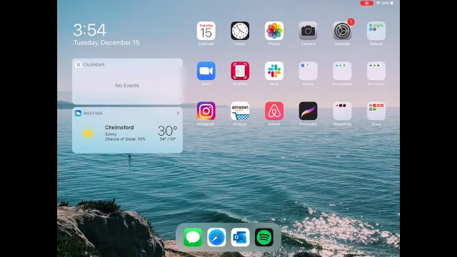Okay, so this is the main screen of my iPad. I keep all of my apps on the front screen, and as you can see, I don't have that many. I mean, I don't think it's that many, maybe it is, but yeah, I try to keep my iPad pretty distraction free. I don't really want to have any games or social media on here. I do have the Instagram app, as you can see, and I'll explain why I have that later, but one thing that I do recommend if you have an iPad that you're primarily using as a graduate student or as a student in general